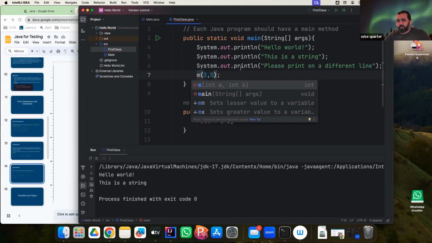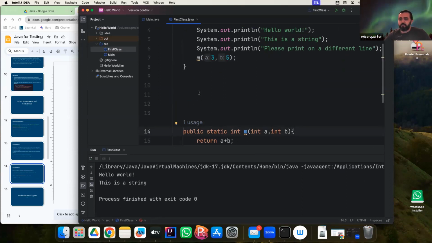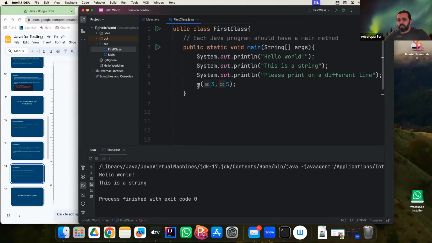And then this will be M. And let's say this method is in a different class and I don't know this method and I just see this method in my code and I have no idea. There are 2 numbers. I don't know if it's adding, subtracting, multiplying, dividing. I have no idea. So this is an extreme example, but just to give you an idea why we need